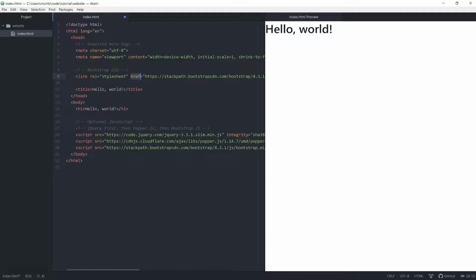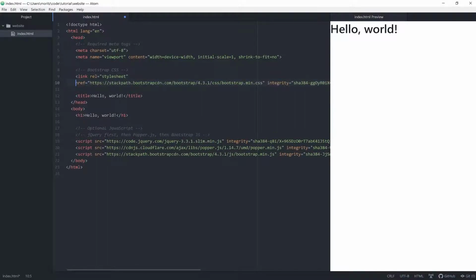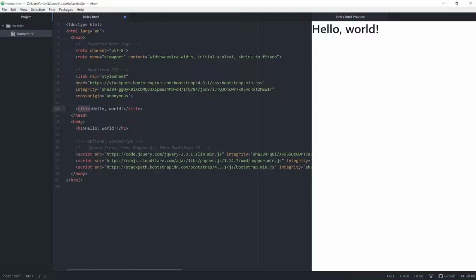We can see the text has gotten quite long inside here. There is a convention in programming that if possible you shouldn't exceed 80 characters per line. You can see this little line in our code editor here. So let's make it easier to read, so people don't have to scroll to the right and left all the time. Let's break our lines up. You have to be careful though, don't break it in the middle of a word, that will give you problems. The integrity attribute guarantees that it's the right code, because we are loading the style sheet always from an online resource. Great. Next we have the title.